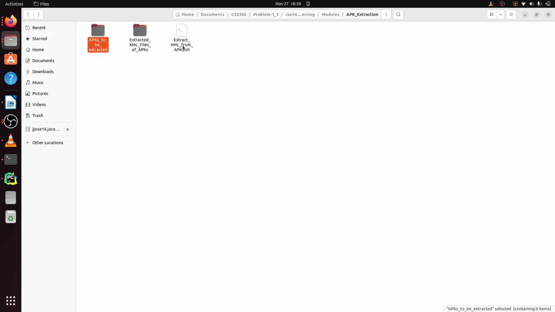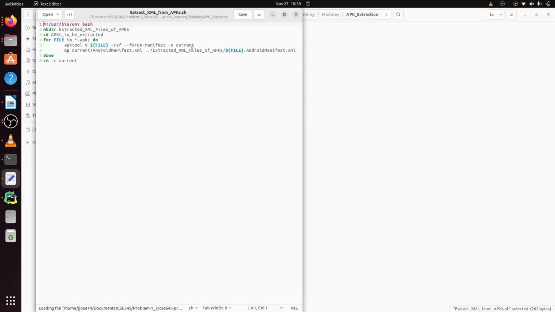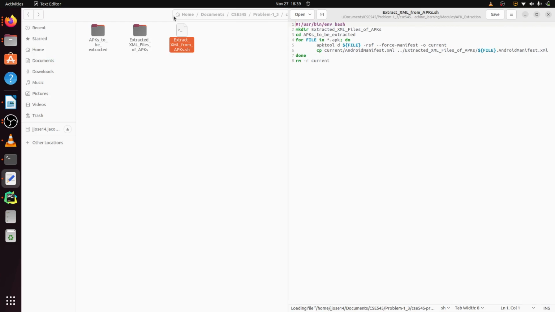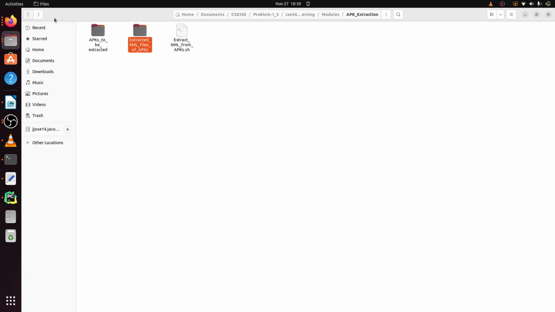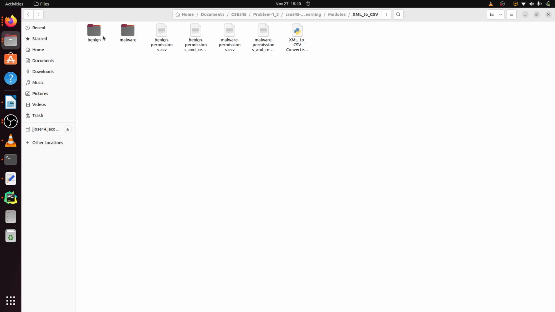Once you paste them inside this folder, you can run this git bash script, which will extract the AndroidManifest.xml file from all these APK files and paste them here. Once you have got the XML files, you have to copy them from this folder and go to the second folder in the modules, XML to CSV, and paste them